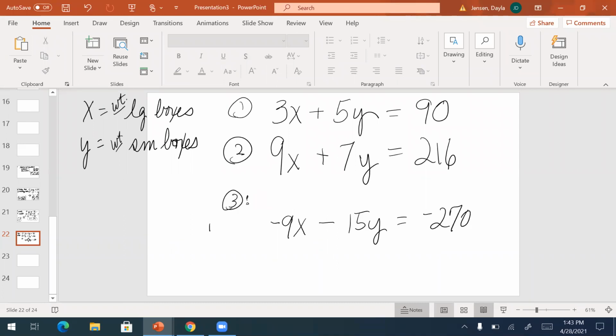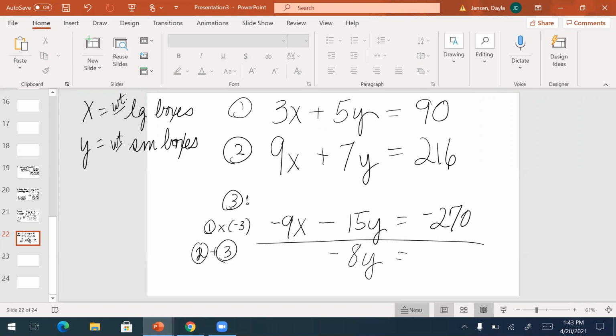So this one is 1 times -3. When I add 2 plus 3, sorry, I eliminate the x's. So that gives me 0x minus 8y